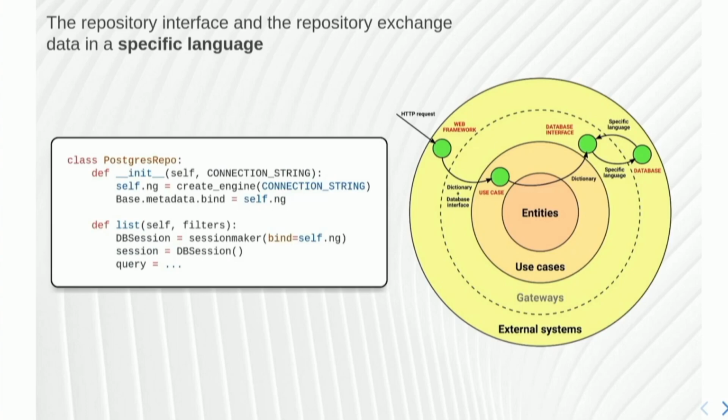So the two communicate with a specific language. In this case, I'm using SQL Alchemy. It's an object relational mapper, but eventually I'm in a mindset of querying a relational database. This is what I'm doing here, okay? I'm committed to relational databases at this point, and this is what I'm doing. So the two things are tightly coupled.